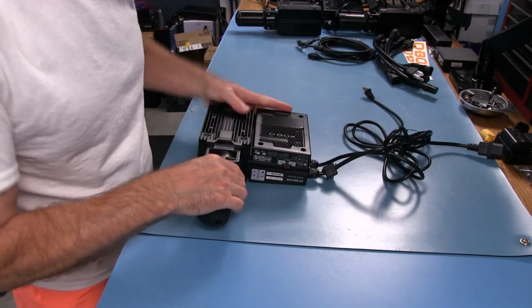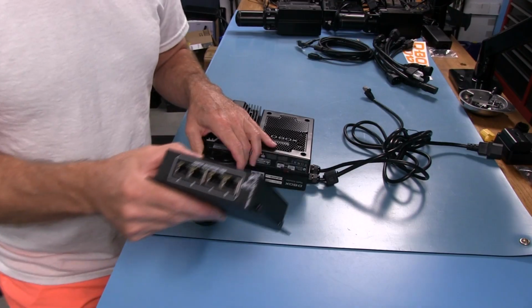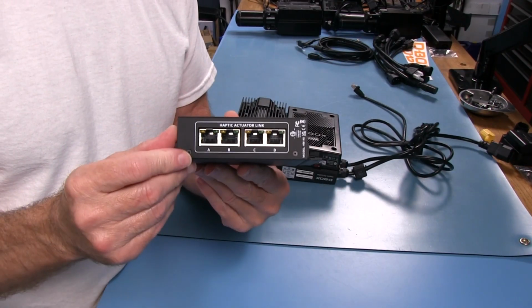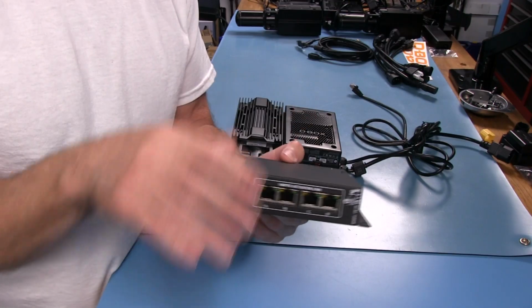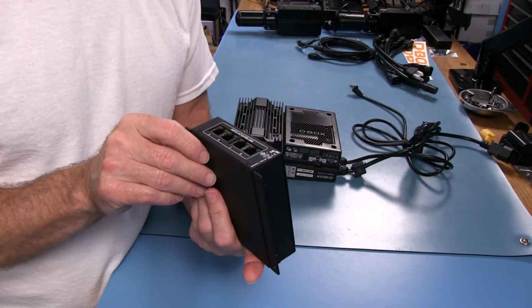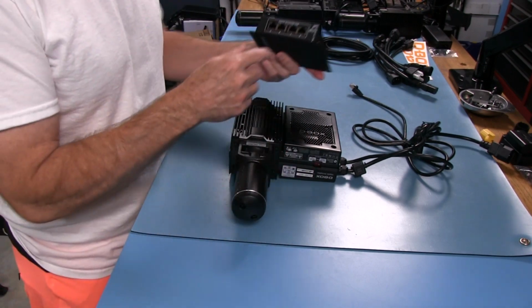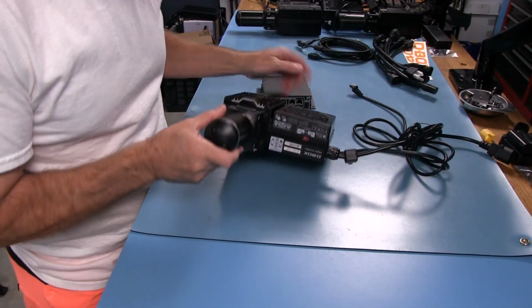What else can we talk about here? Let's talk about the controller box. Here's something different. We used to have just this dongle thing, right? That we plugged in one cable from the master controller box, the silver box that we used to use, into one, and then it had a USB port like this one does on the other side. But this one we're going to be plugging each individual actuator into. And when we plug them in, it has an ABCD here, which I meant to point out while I was showing you